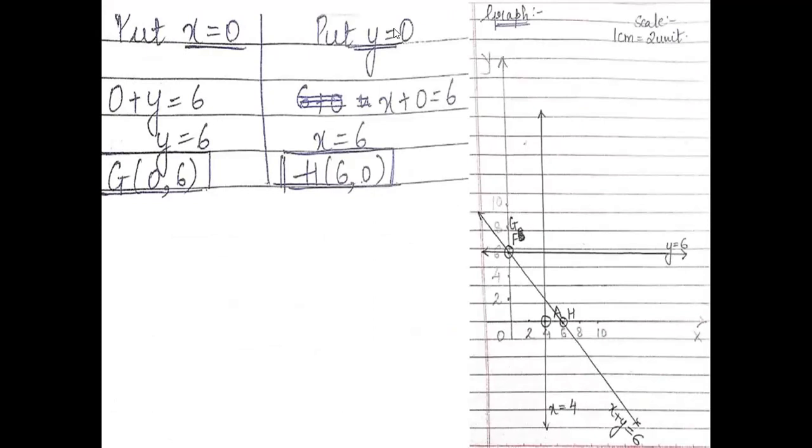So coming to the graphical plotting. As you can see, I have taken 1 centimeter equal to 2 units, because the minimum number is, I guess, 6 and the maximum goes up to 8. Sorry, the minimum was 4 and the maximum goes up to 6. I have plotted it here, and the graph looks like this. The point A is a vertical line, the y-axis is a horizontal line, and x plus y is the line which is combined.